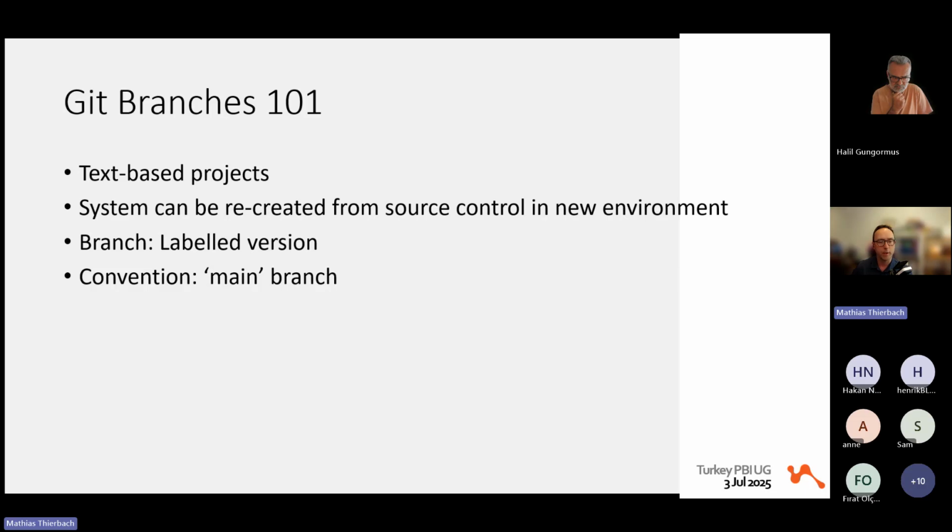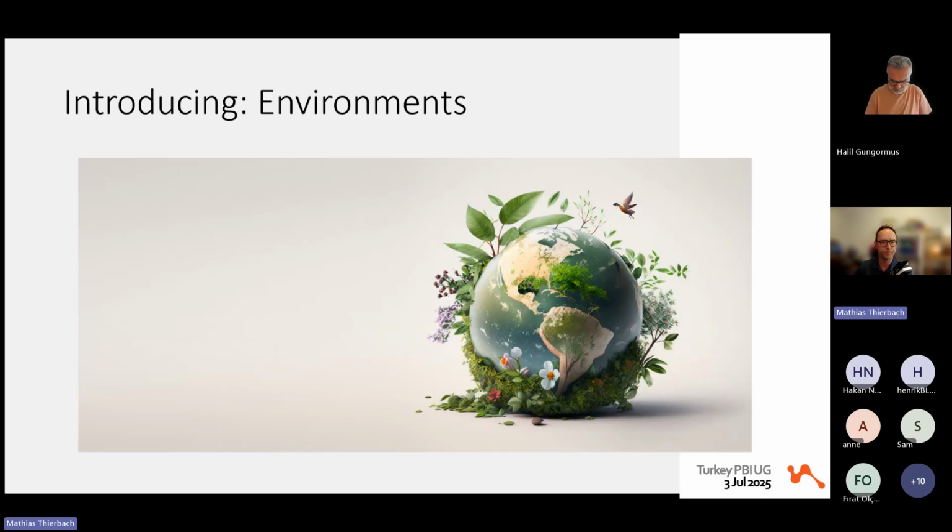What we saw in the chart earlier is that by convention, we generally use a branch called main to represent the most stable version of our system. Before I get into different branching strategies, in addition to the one I've just shown, I want to talk about the concept of